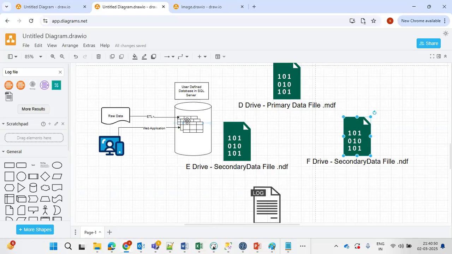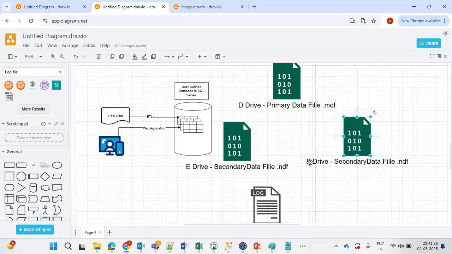If the data files are available in multiple drives and multiple data files, then while retrieving the data, suppose one employee table's data is spread across multiple files. While loading and while retrieving, it will take advantage of parallel processing, so that you can complete the task very fast. It is also very easy to maintain, because your database size is terabytes: 5 TB, 6 TB, 10 TB, 16 TB. In that scenario,